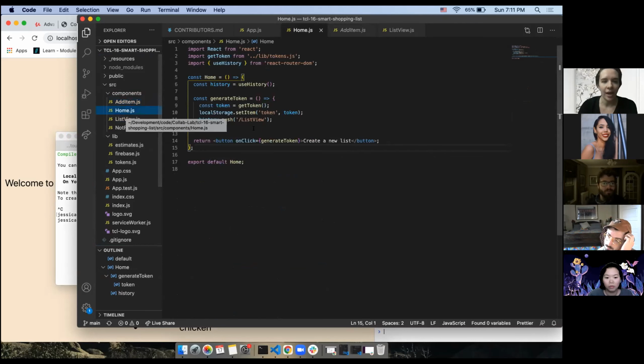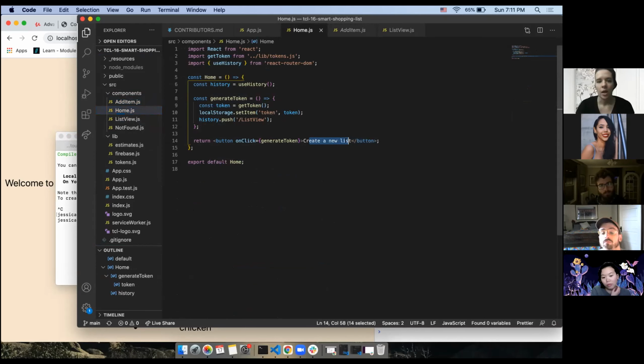specifically, me and Wavy added this home component, and this is basically currently responsible just for that create new list button. And this is something that I was playing with later, so I don't think that this should really be here. I'm sorry, I'm still getting used to the whole branch thing. So I think this code was from before when I was playing around with something. Hold on. I think that's in the main branch. Is it in there? Okay. Oh, okay. Okay. So never